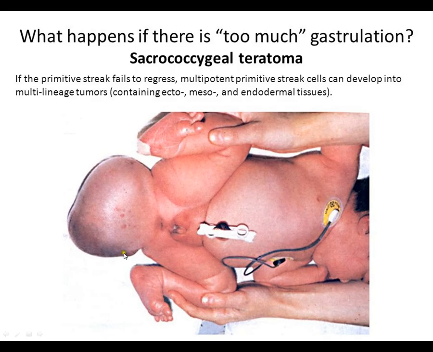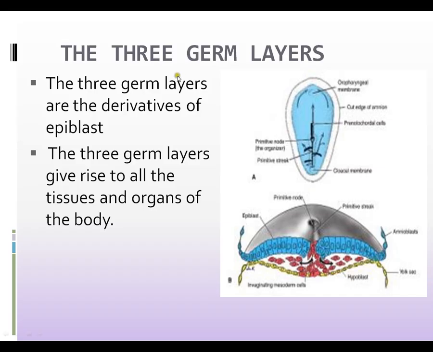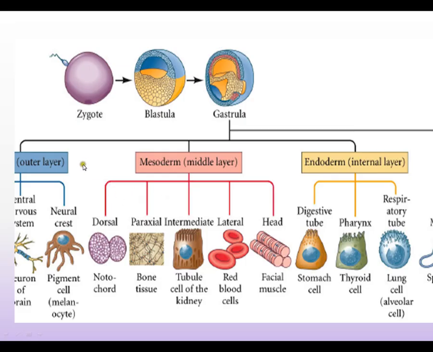So in the area where they are not able to regenerate and they form an anomaly, that is a teratoma, this structure will comprise all the structures derived from the 3 germ layers, and the 3 germ layers give all these different derivatives. The outer layer, ectoderm, will give the central nervous system, the peripheral nervous system, and the neural crest cells,